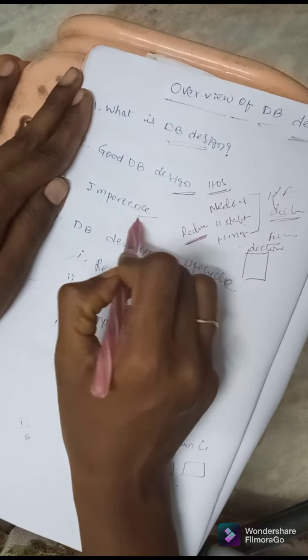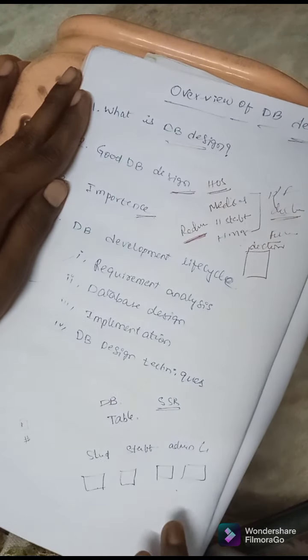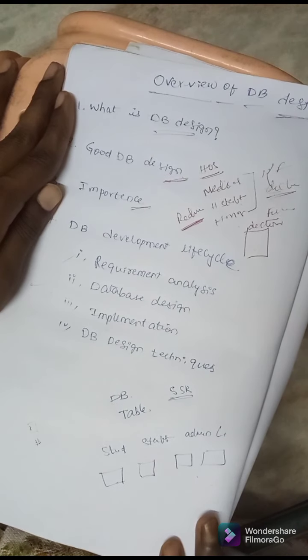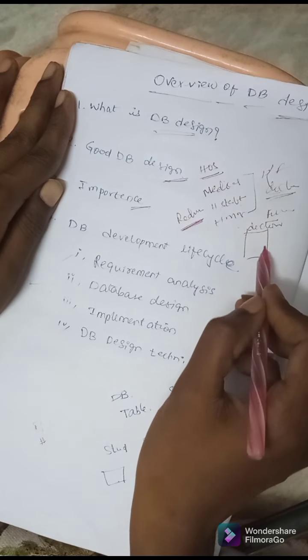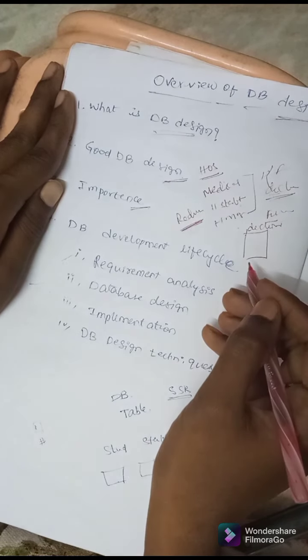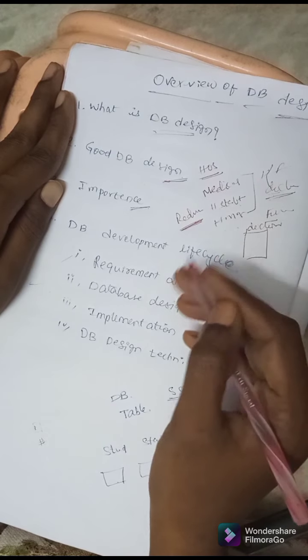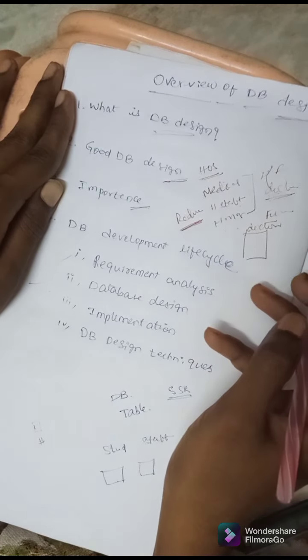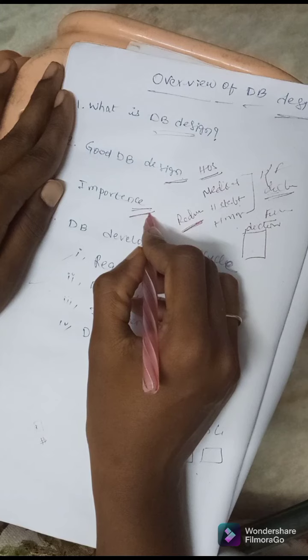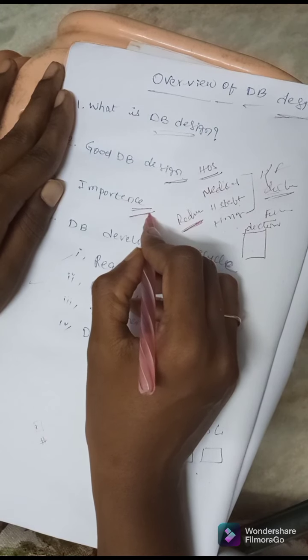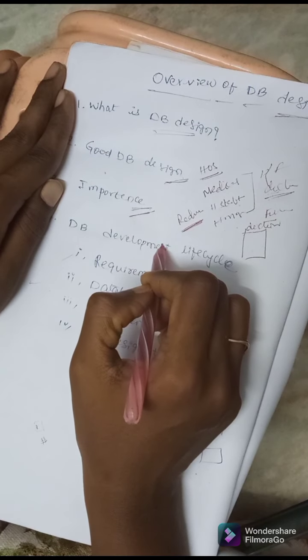Next we have the importance of the database. Now only I told you. So what is the importance of the database? If you are not developing the database in the right manner, it leads to bad results. If you are not collecting the doctor's details correctly here, you are implementing wrongly. So practically, creating the tables and creating the databases will go wrong. So the importance of database design is very much important for us. Why? Because if you design a good database, then the outcome of the database is also good, right?